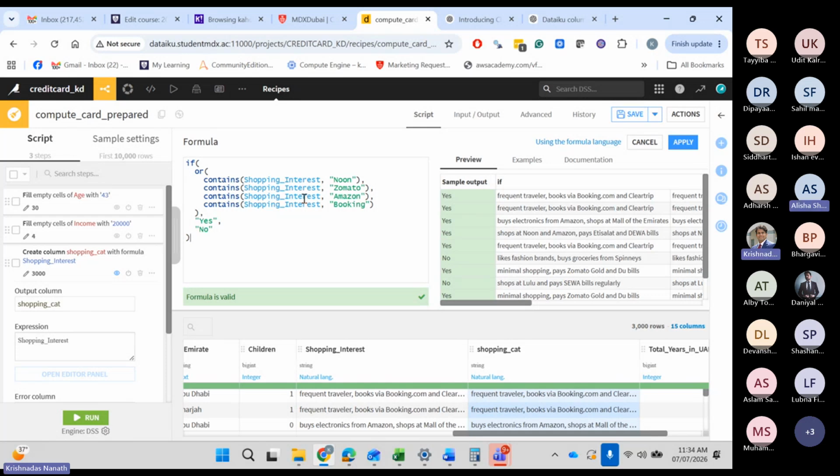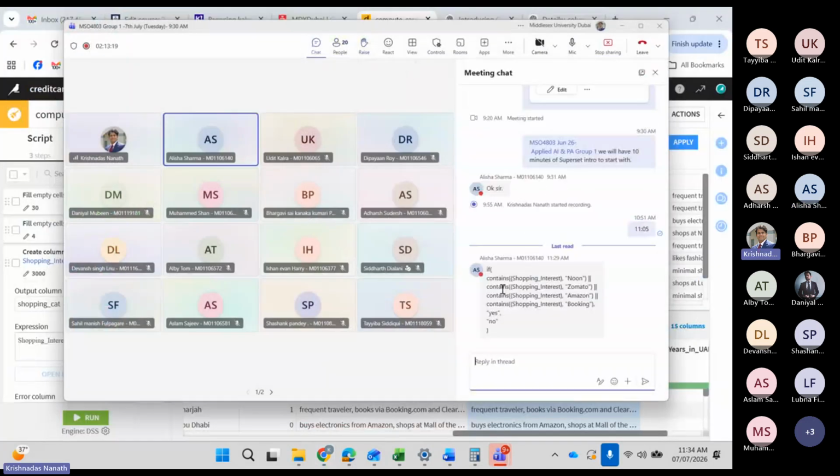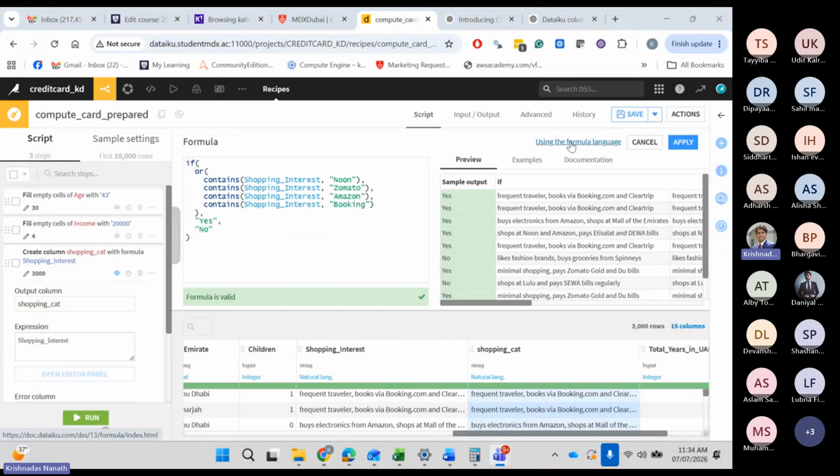So I have pasted a formula in the chat. I think it's going to give the same result if you can check once. Yeah, absolutely. And there are multiple formulas, contains. Yes, that's the OR operator, by the way. So, guys, that's a good point. It's not just one formula that applies. There is an OR operator if GPT is giving you that, and with that also it works. There's a contains, like OR could be used as a function. There are various ways. Whatever works for you, just apply.